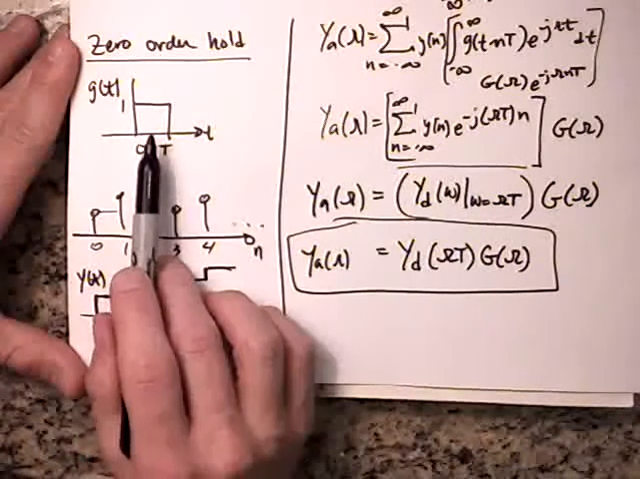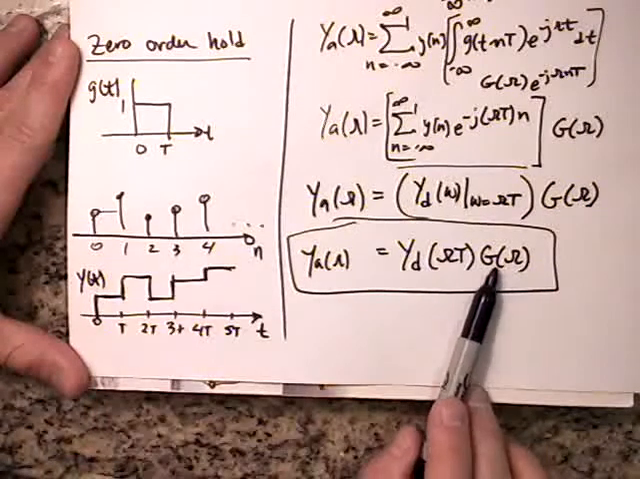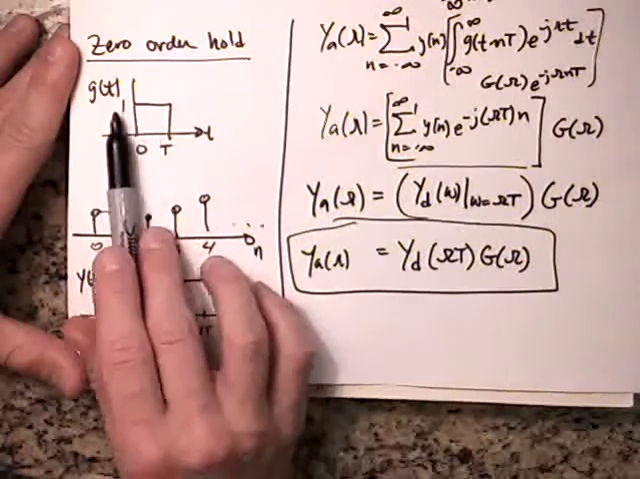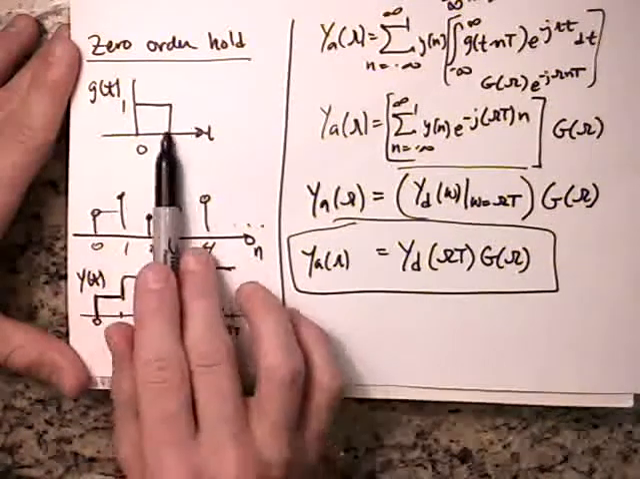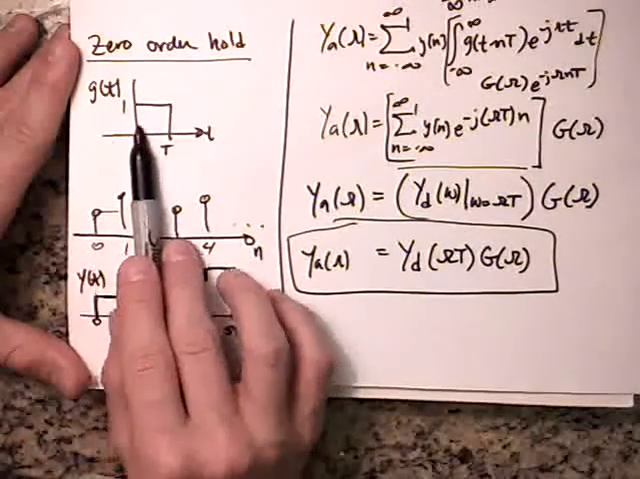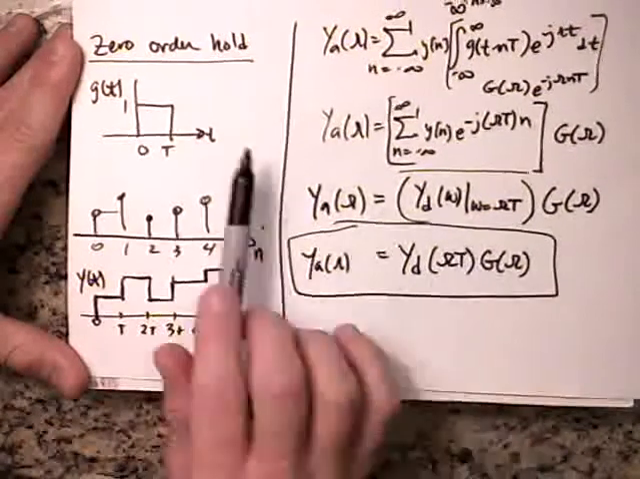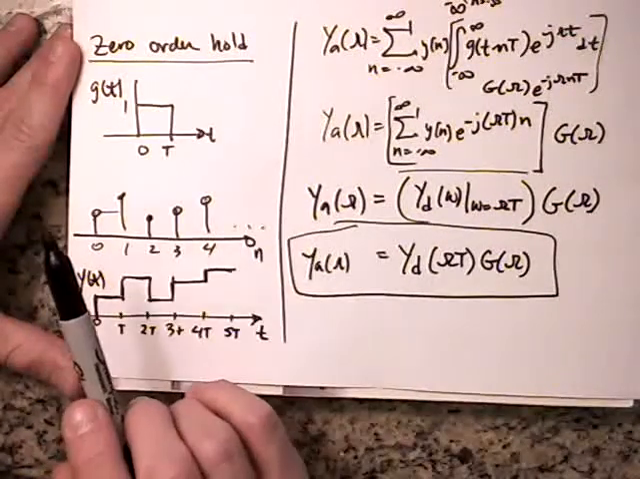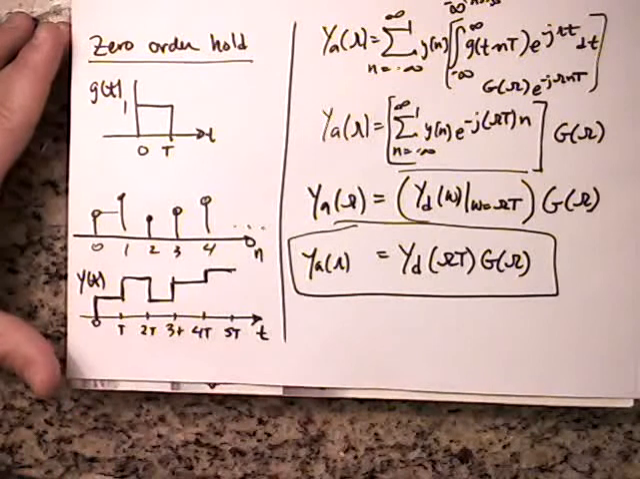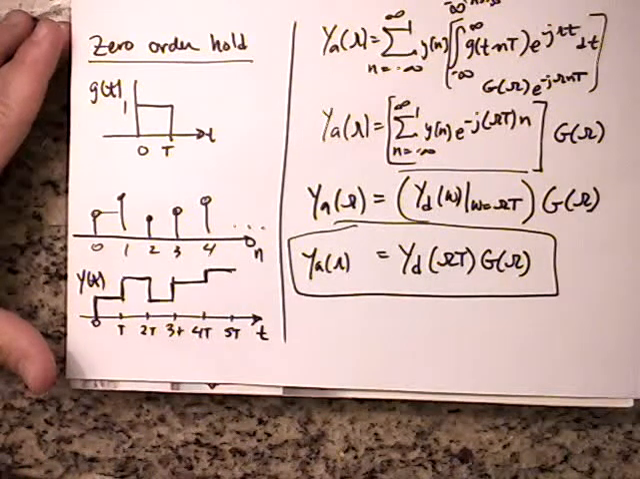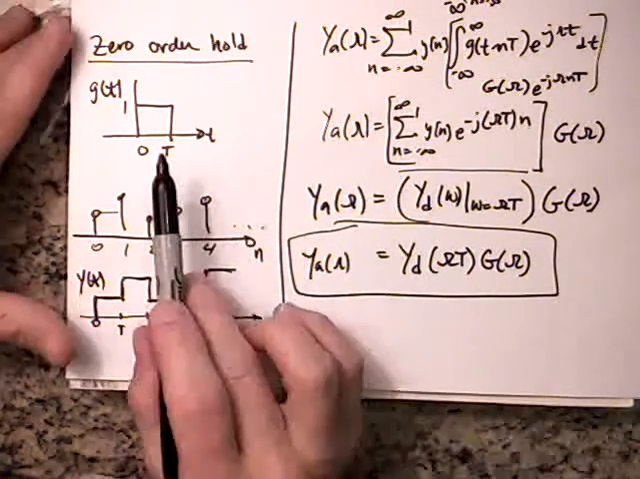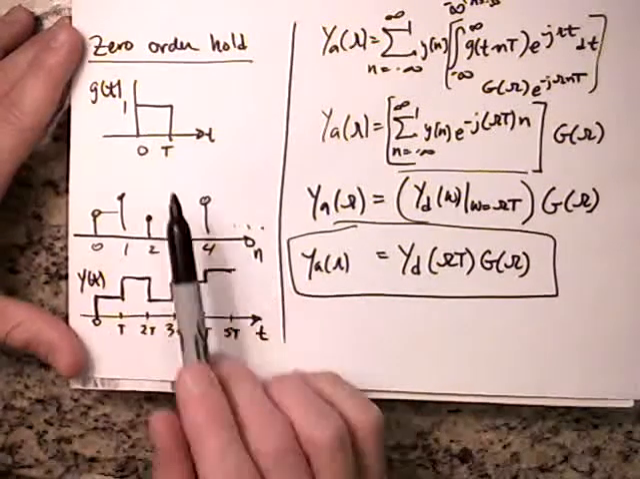What do you think the frequency response G of omega looks like for g of t? Well, if I've got a square pulse in the time domain, then G of omega is going to be a sinc. So instead of having this nice band-limited output,